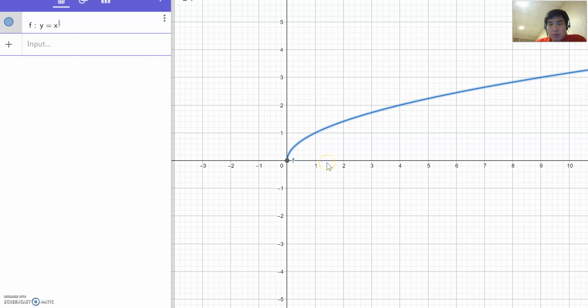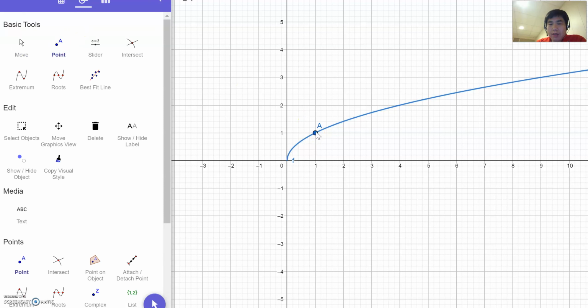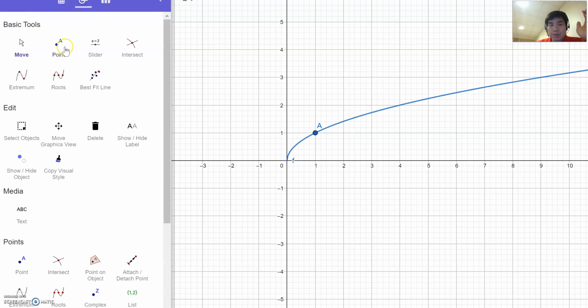If we have a point right here, we are able to find the limit, because on either side of this point we can find the limit from the left side and the right side. Basically, limit means the function must be continuous. And now at this point, the origin here,